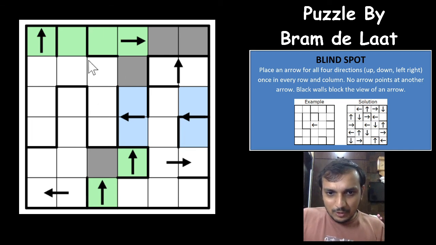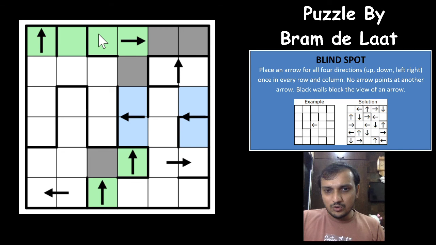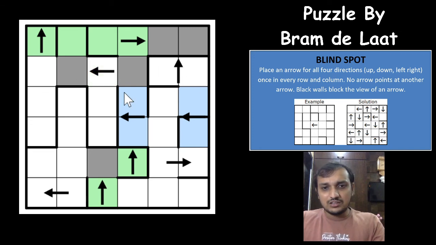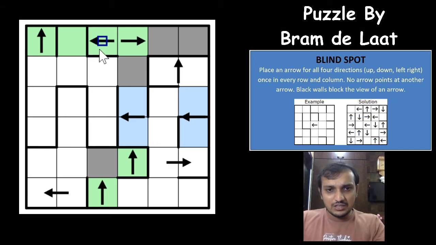If you see this column, where can you have a left arrow? You cannot have here. You cannot have in any of these two cells because you have an x-wing of left arrow. You cannot have here because both of these cells will have to be eliminated, and then you'll have only 3 cells remaining in that row. So left arrow in this column will have to be here, and that gives you a bottom arrow here. That eliminates this cell, and all of the other cells will have to be the arrow cells. Okay.